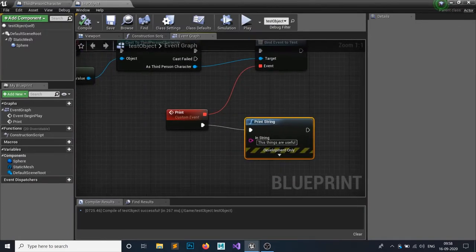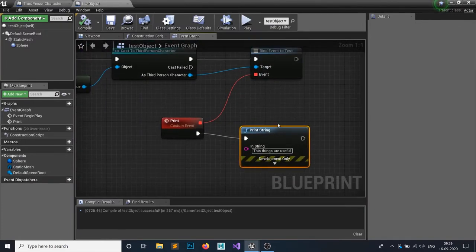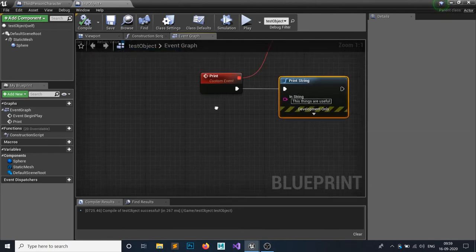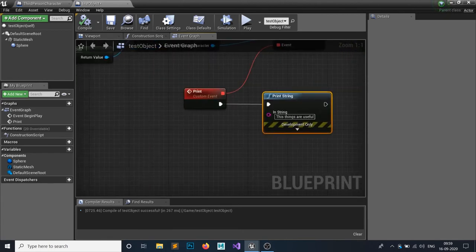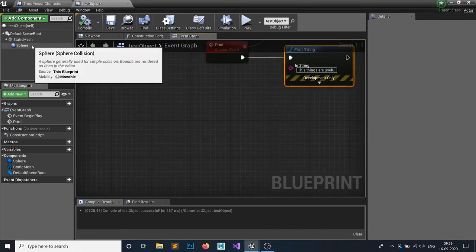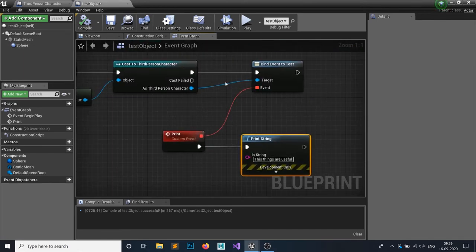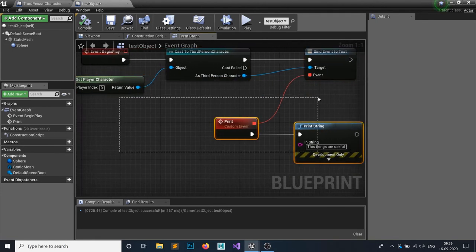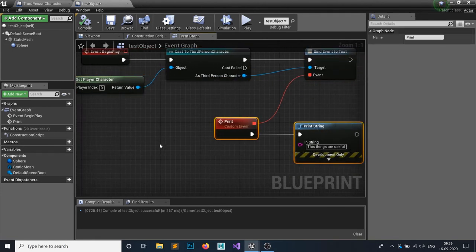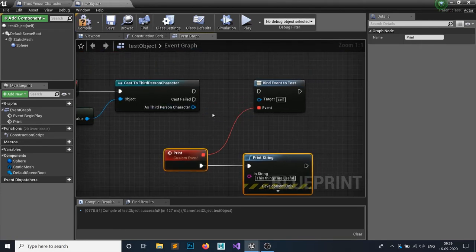Let's say we want to cast this event dispatcher, we want to bind it whenever a certain condition is fulfilled, and we don't want to call this. So what we want to do, let's say, just delete this because we don't need that, right? It is for a certain purpose. So I am just unbinding this by pressing alt and just clicking. So this is gonna break the things, the nodes.